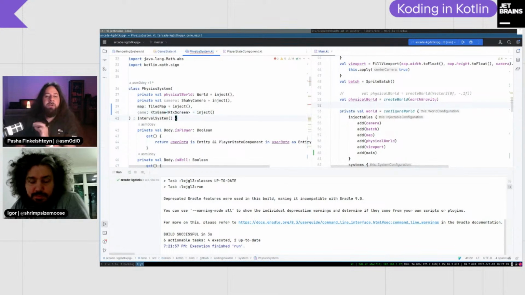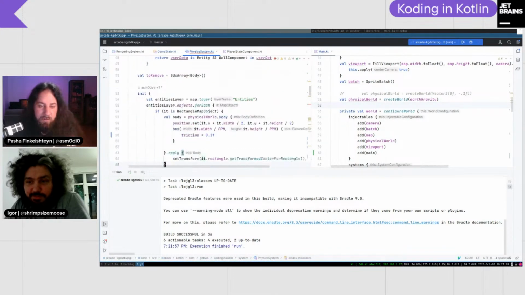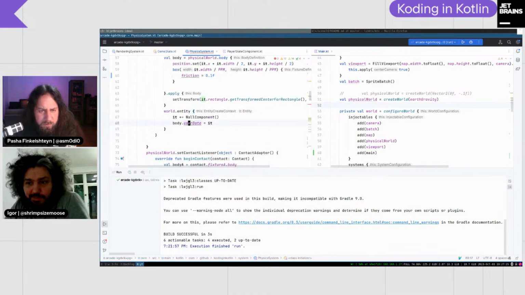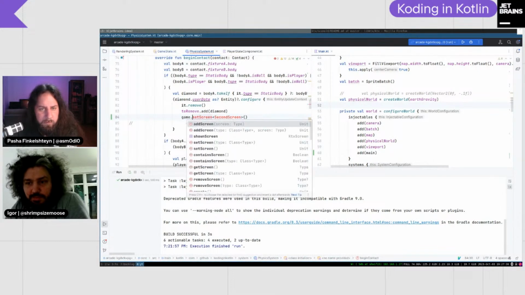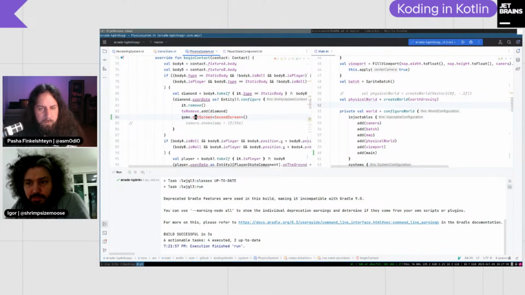Yes, and now you can call game dot something in the place with diamonds. Game dot set screen. Yes, and now you can import second screen. Hopefully it will work now.